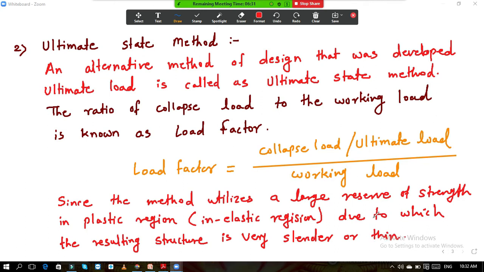Okay, so you have studied the stress strain curve for steel, so accordingly from that example I will give you one thing, that is from O to A it is perfectly elastic, A to B still it is in the elastic zone. Okay, but once the upper yield point is reached, after that the plastic zone starts. So this theory basically depends upon the plastic region much more. Okay, due to which after design the thickness of the member reduces. But what will happen due to this?